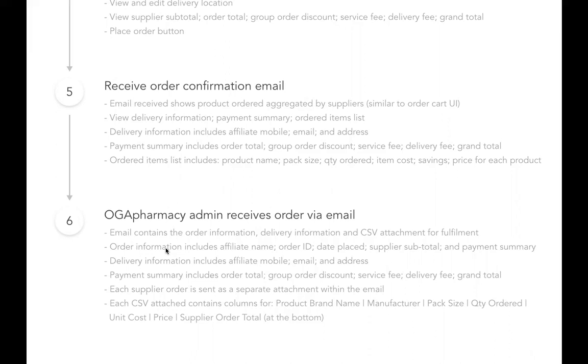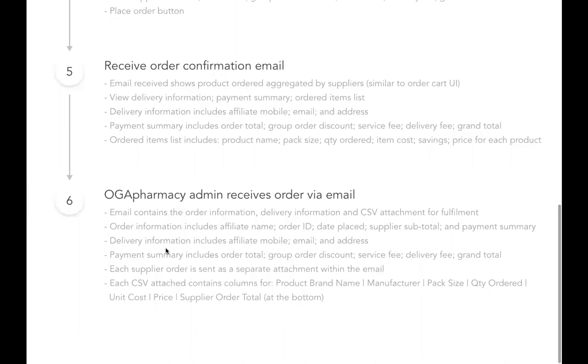Currently, all of this happens manually. So all we're trying to do is make sure that instead of Ebuka doing it one by one, sending the paper to the affiliates, who fill in the spreadsheet and send it back to Ebuka, we make that process a bit more seamless, so you can just do it using the software. Once they're done placing the order, Ebuka will receive an email for now,